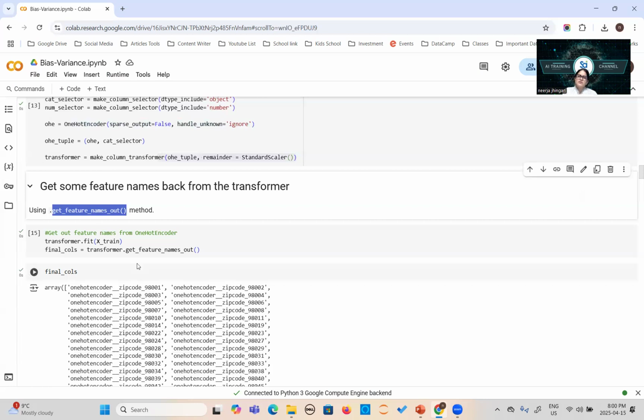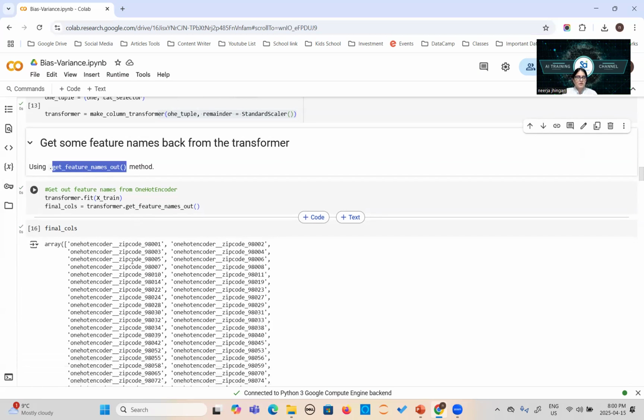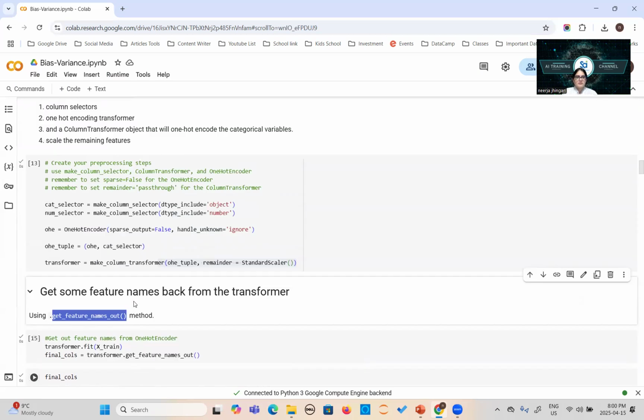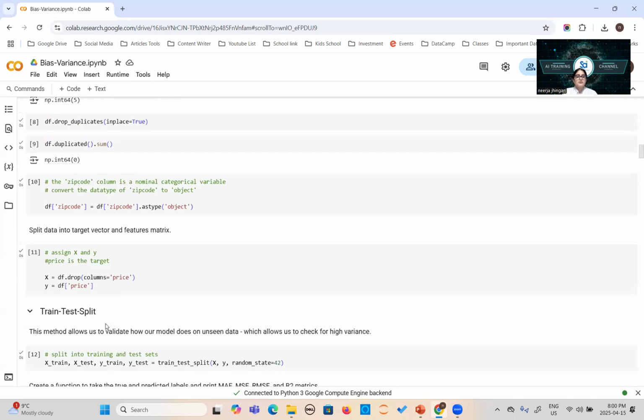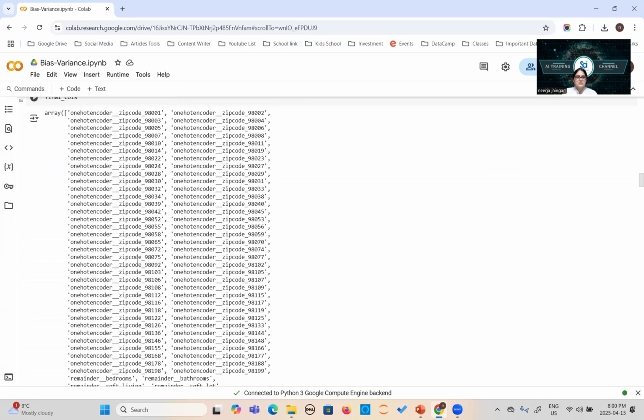We use this because when you convert your categorical data with the one hot encoder, it will create so many columns. Look at this zip code. Here you don't have any other object column, you only have the zip code, and we are applying the one hot encoder onto this zip code. It will create so many columns here. So if you are a beginner and you don't understand what it is doing,